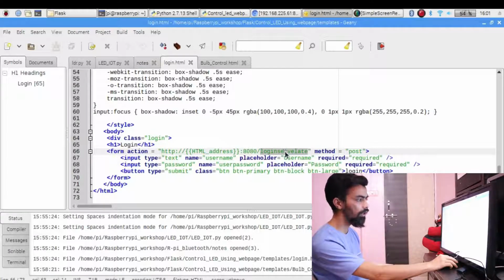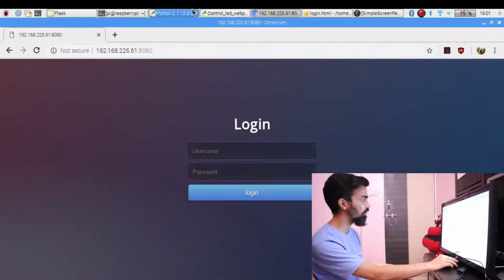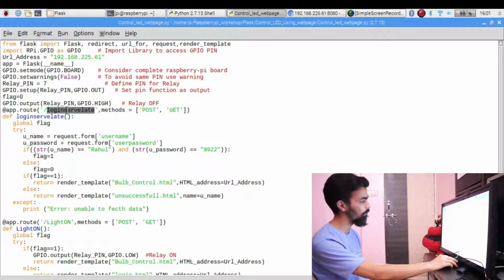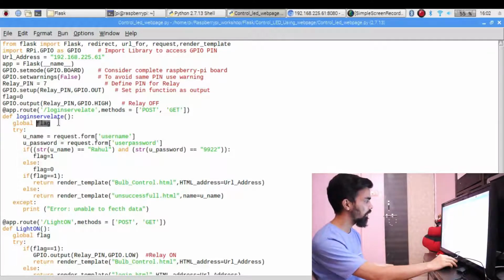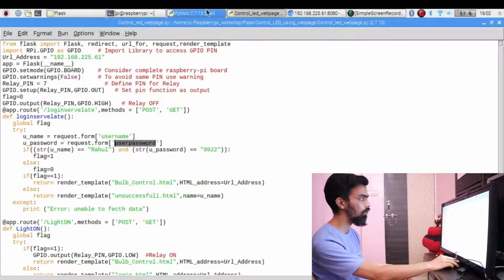If you search for login servlet in our Python code, you can find that function. In the Python code you can see login servlet is present. Once you press that button, this function gets executed. In this function you can see there is a global variable flag, then request.form username and request.form user password. This username and user password should be identical with your HTML code. So you can see in the HTML code,